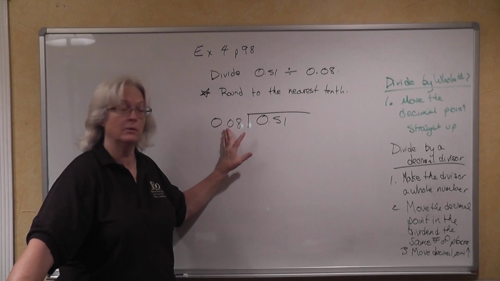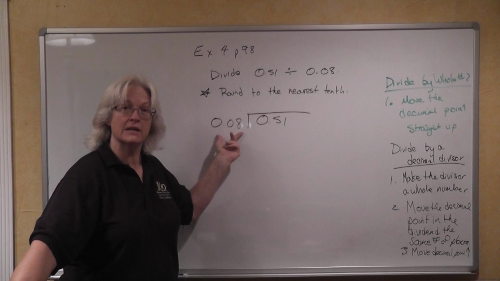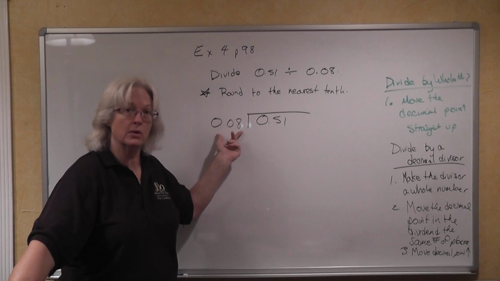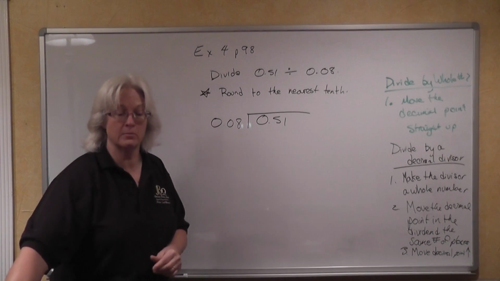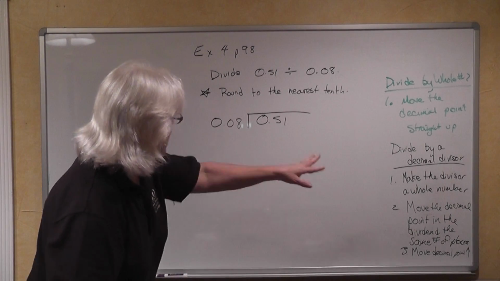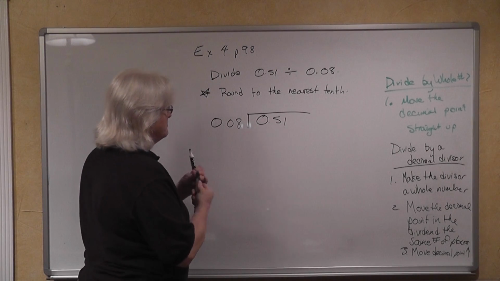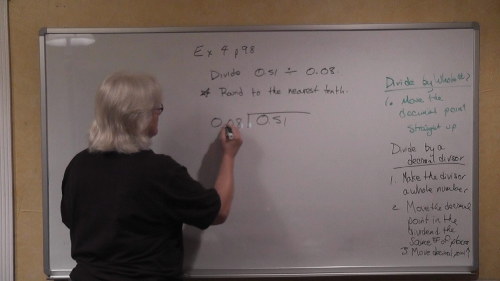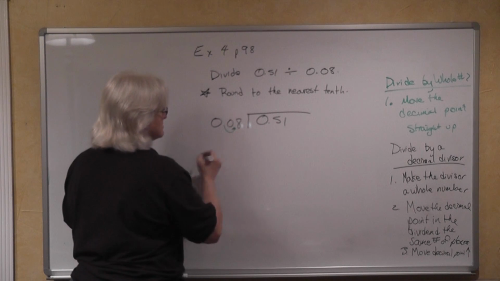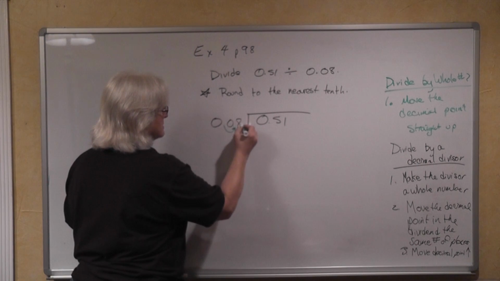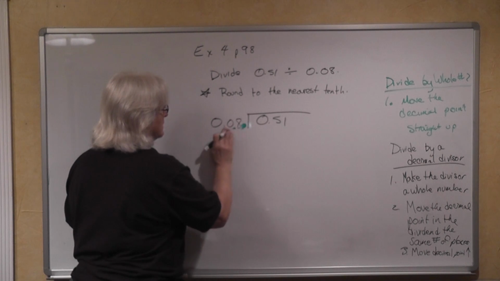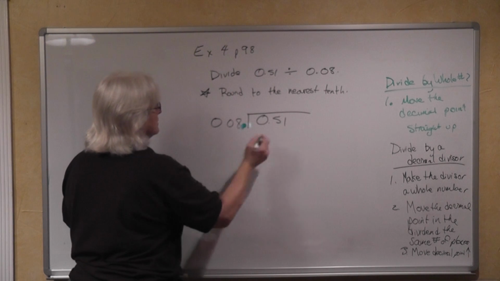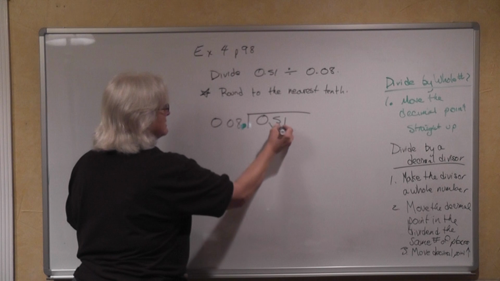So what do we need to do? We need to adjust this decimal point out here, change the location of it, so that we're dividing by a whole number. Our rule tells us that we do this by moving the decimal point the whole way to the right. However many spaces that is. There's 1 space, 2 spaces. So here's the new location of our decimal point. We have to move 2 places also